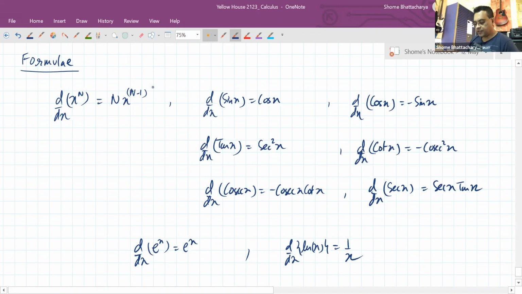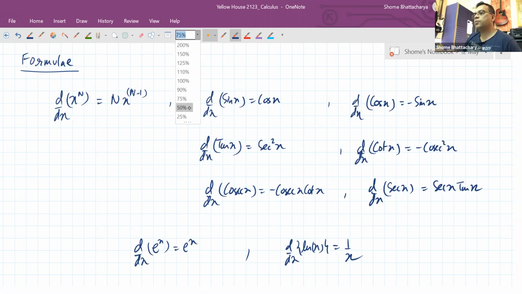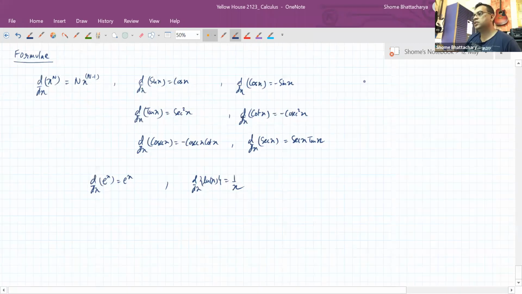Can you please again explain the natural log function part? I got disconnected over that time. The natural log function is defined as the logarithmic operation, but the base of the log is e,